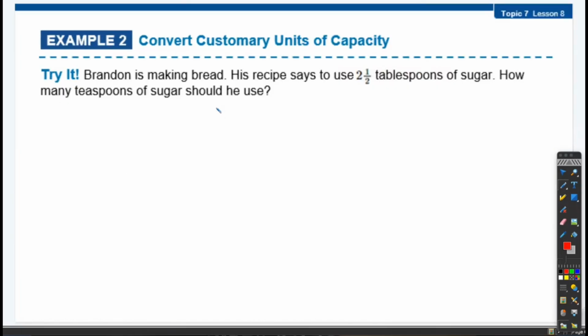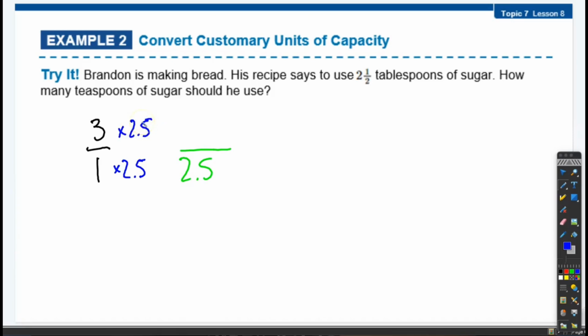I was right. So we set up our rate and we put down 3 teaspoons to 1 tablespoon. And then we're going to 2.5 tablespoons. We don't know the teaspoons, but we do know how to get from 1 to 2.5. We've got to multiply. 1 times 2.5 is 2.5. And 3 times 2.5